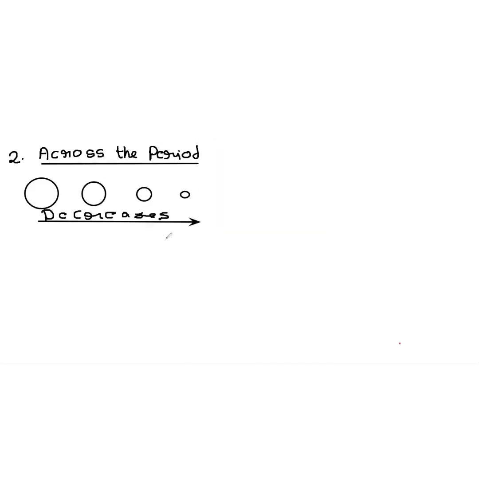Now we move to the other part: how the atomic size varies across the period. If you look at the size of an atom here, it decreases when we move left to right of the periodic table. It means across the period the atomic size decreases. Now why does atomic size decrease here? Here the number of shells remains the same for an atom,